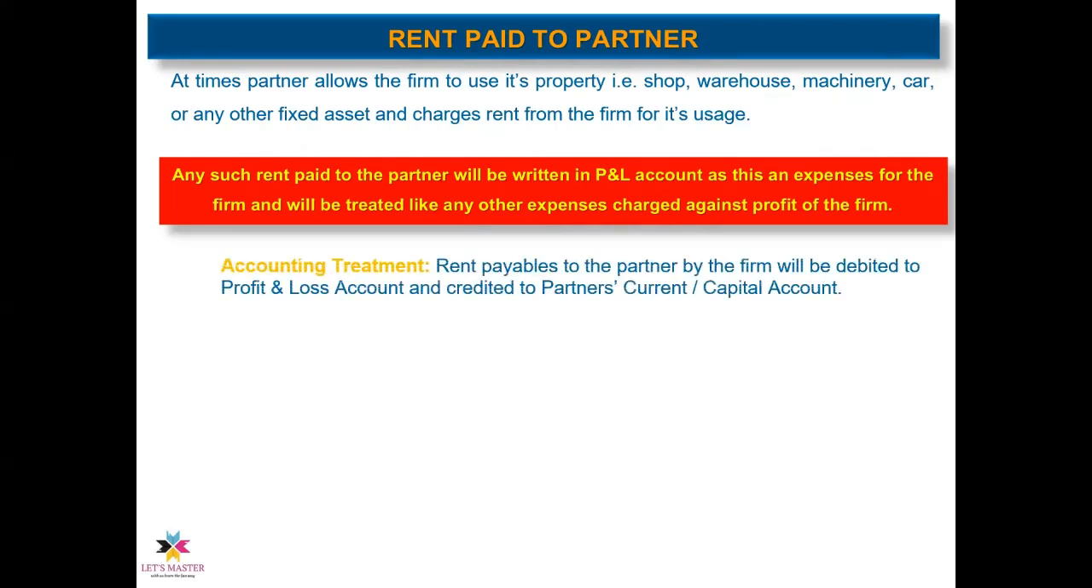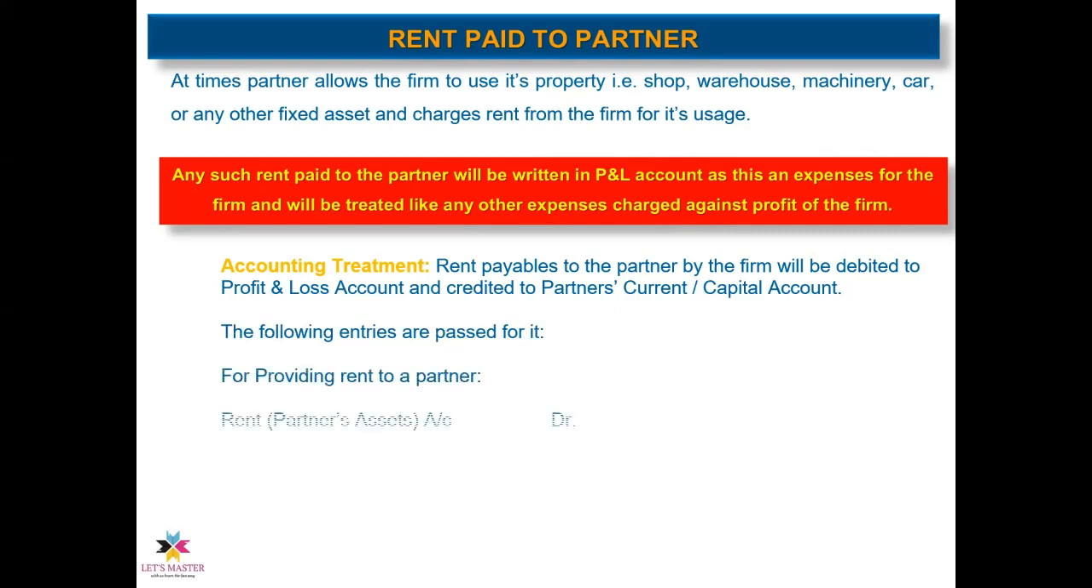and it will be treated like any other expense charged against the profit of the firm. If we talk about accounting treatment, rent payable to the partner by the firm will be debited to the profit and loss account and will be credited to the partner's current or capital account. And the journal entry that we will pass for providing rent to a partner is: rent on partner's asset. To make it clear, you can mention what asset is being used, that is rent for shop, rent for warehouse, rent for machinery, car, and so on, to partner's